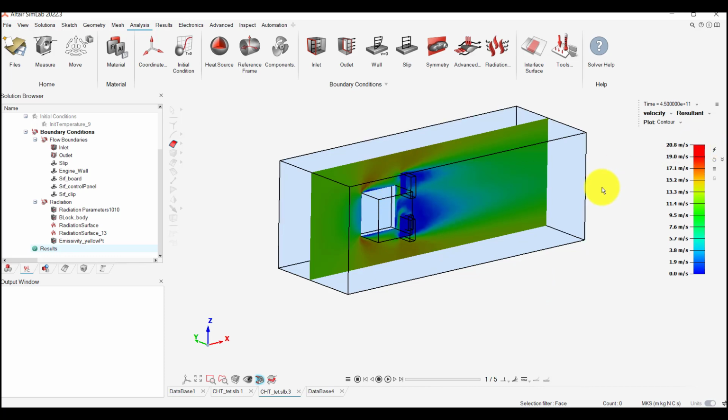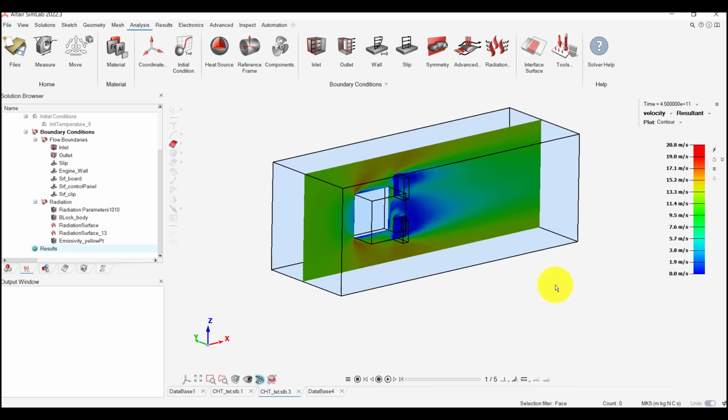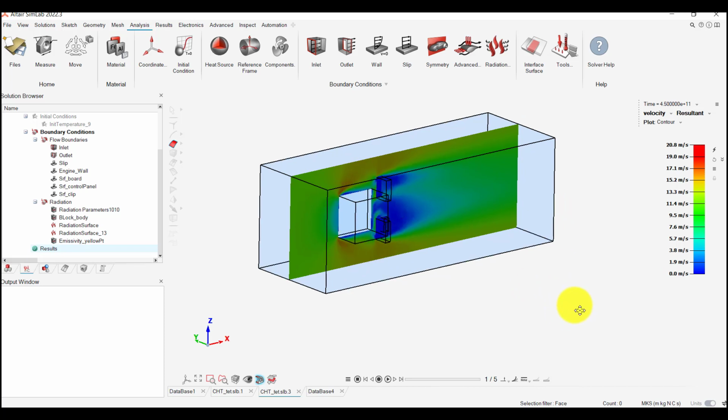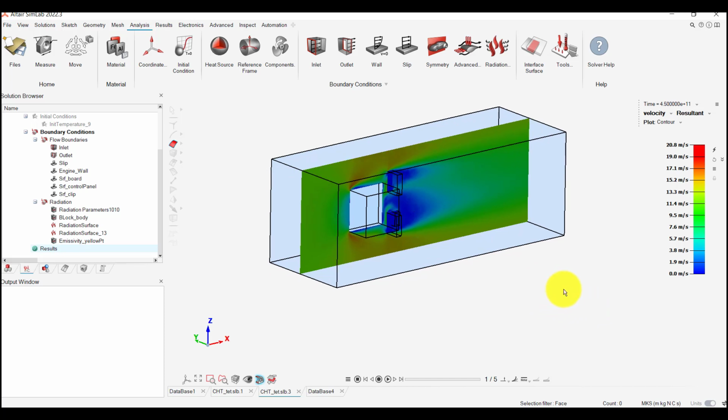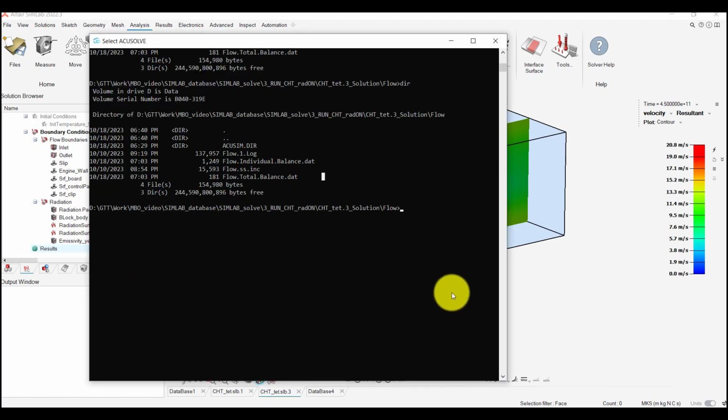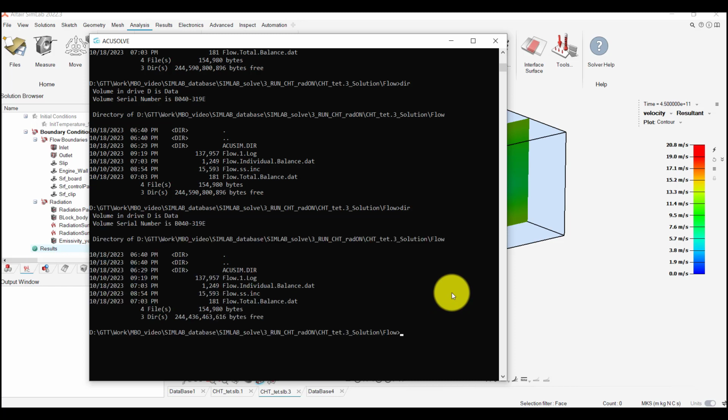center of the panel. So we are very much interested in the heat balance and the energy, or what the heat flux is on each phase, and how it sums up to make the complete energy balance. To find that out, we need to use an AcuHeat balance script that we can access from the command prompt. So I'll open a command prompt, and navigate to the working directory here,